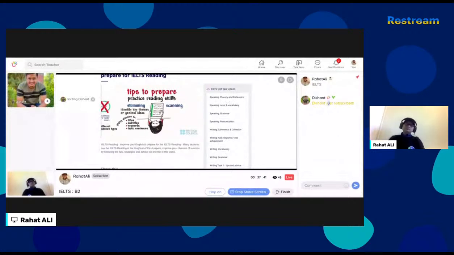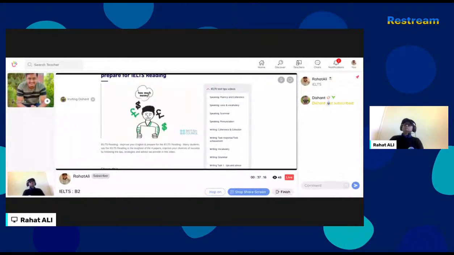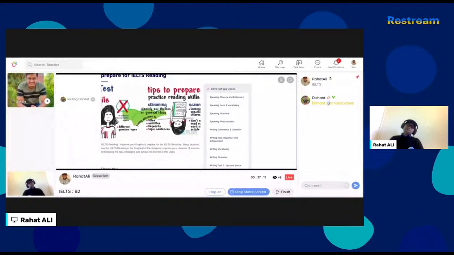Scanning. Scanning is when you are looking for specific information, perhaps a number, or a name, or a date. If you know the specific type of answer you need to find, you don't need to read every word in the article. For example, if you know you need to find out how much money something costs, run your eyes quickly down the article, looking for a number with a currency indicator. Then decide if this is referring to what you were looking for. Skimming provides a bird's eye view of some material.